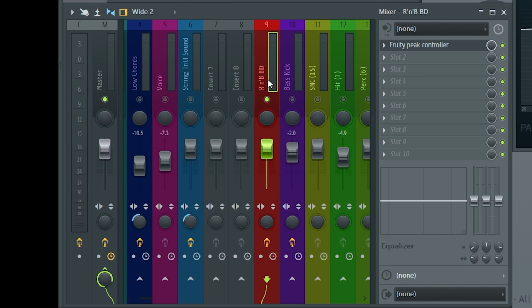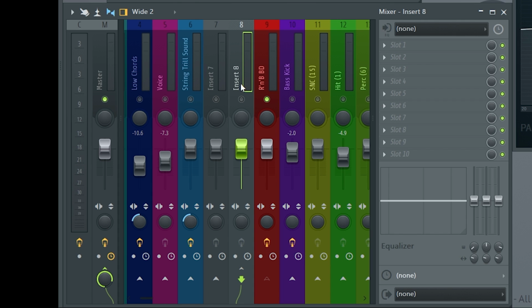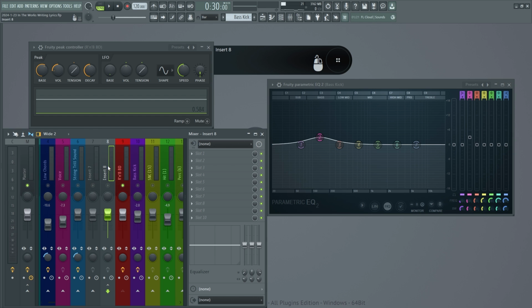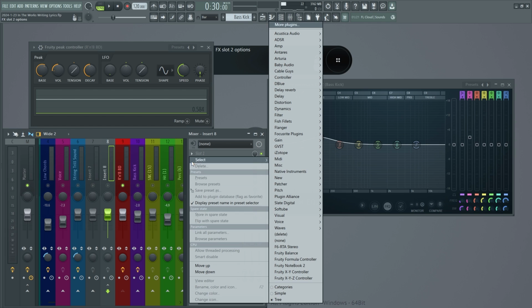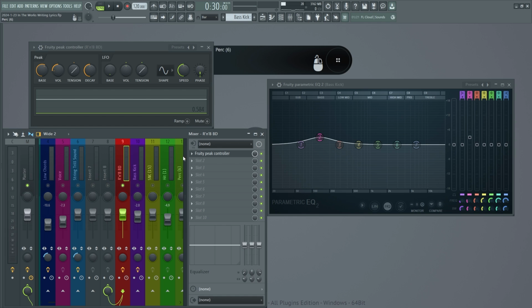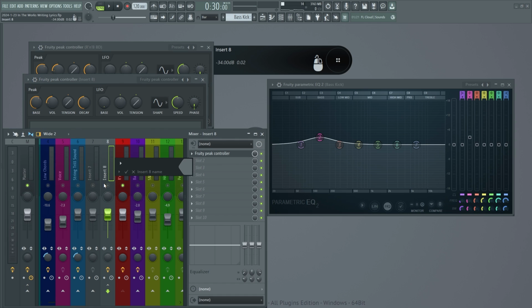What you would have to do is go ahead and take your kick mixer, put it into another insert right here, and in that empty insert, take it off of the master. All right. And in here, we're going to go ahead and put the peak controller in here. And you know what? I might as well do that just to show you. I'm going to take this Fruity Peak controller. I'm going to copy it over to this empty insert. We're going to call this Ghost Kick, just for this example.